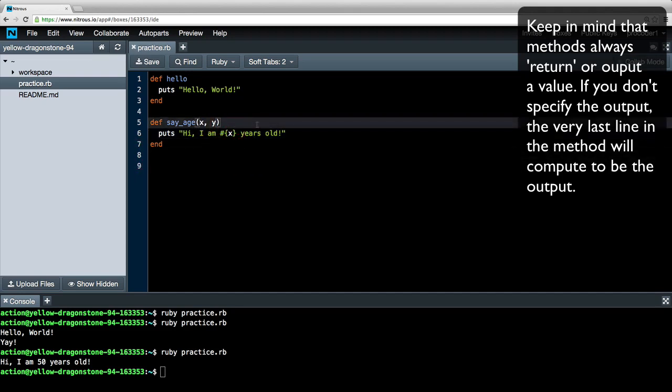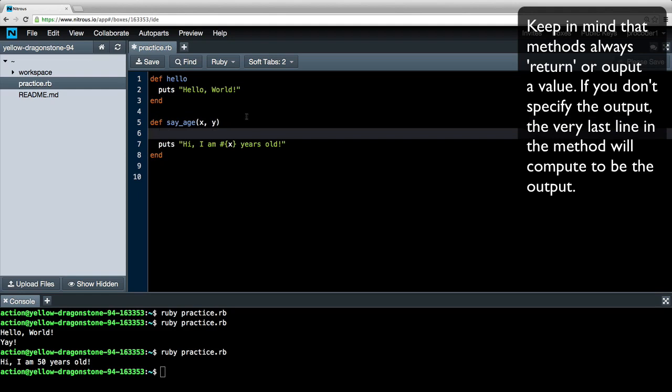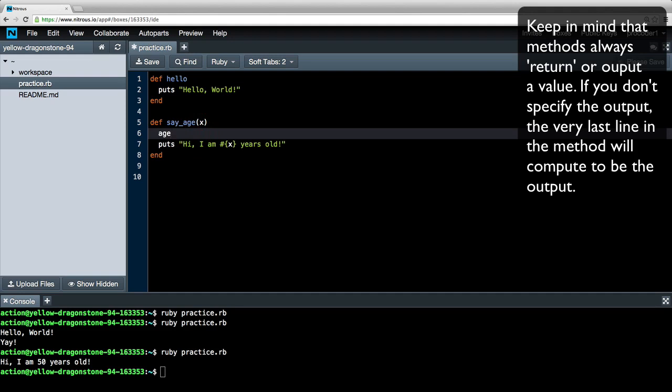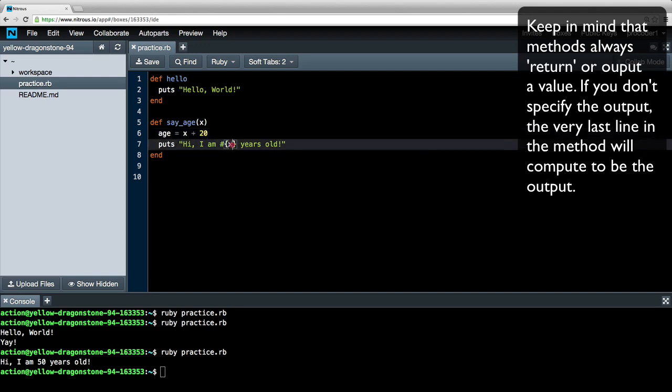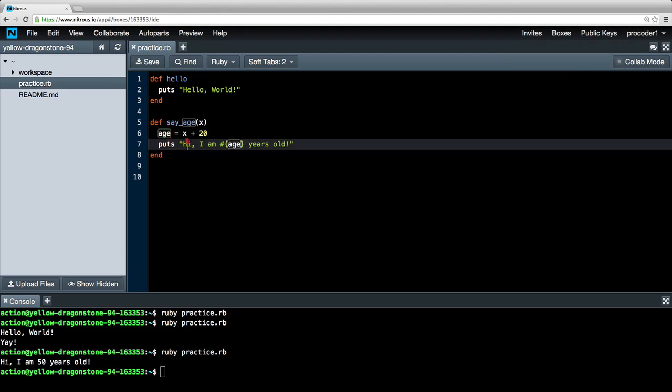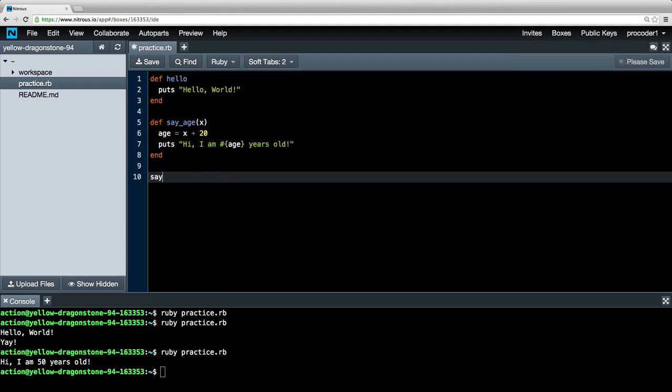Now, keep in mind, just to illustrate how we could manipulate something on the fly in a method, we could say, let's create a new variable inside this method and assign it to what we pass in here. And then why don't we manipulate it? Why don't we add 20 to that? And then let's output this new variable we called age here. So when I run this now, and if I pass in something like 20, what do you think will happen? It's going to output